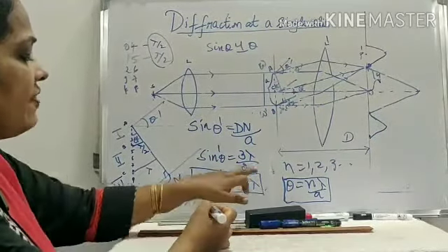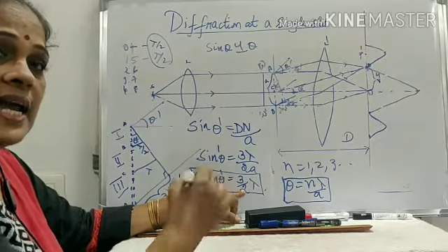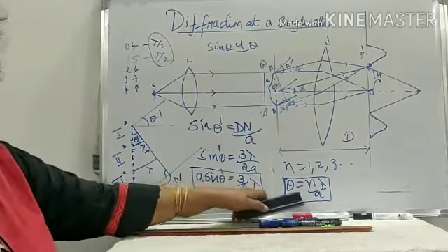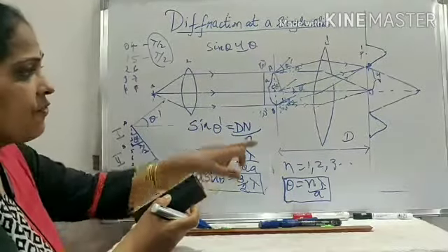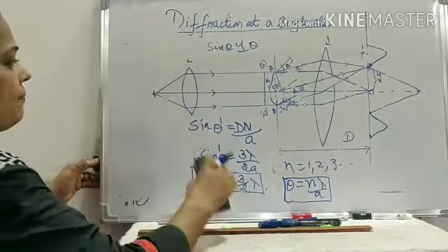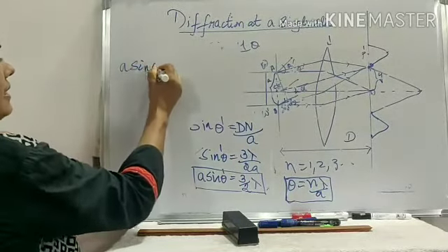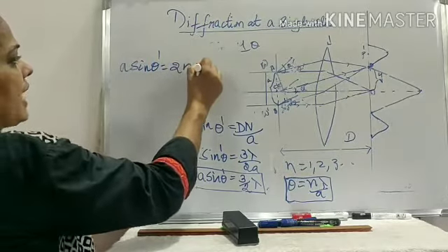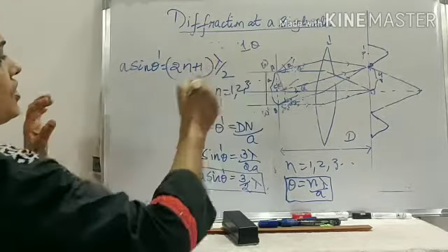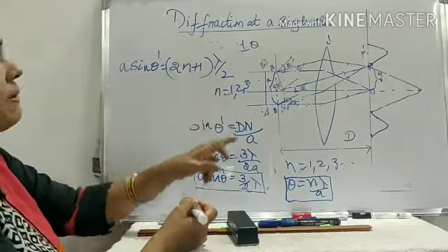So, this is the condition for the path difference for a maxima. You can see that if the path difference is in terms of odd integral multiples of lambda by 2, in the case of interference you get a minima, but in the case of diffraction you get a maxima. So, this is the condition for the first maxima. What will be the condition for the nth maxima? It will be A sine theta dash is equal to 2n plus 1 into lambda by 2, where n is 1, 2, 3, etc. When n equal to 1, you get 3 by 2 lambda. When n equal to 2, you get 5 by 2 lambda.